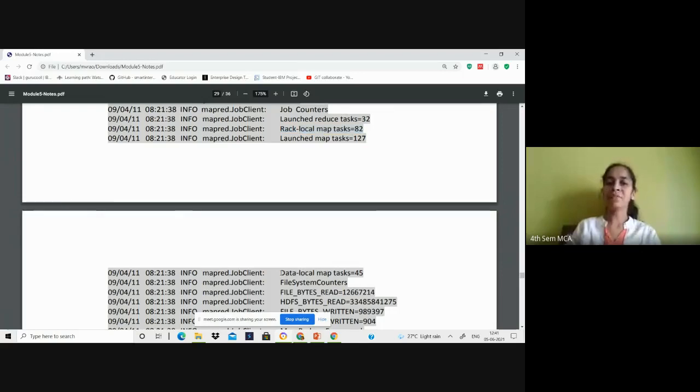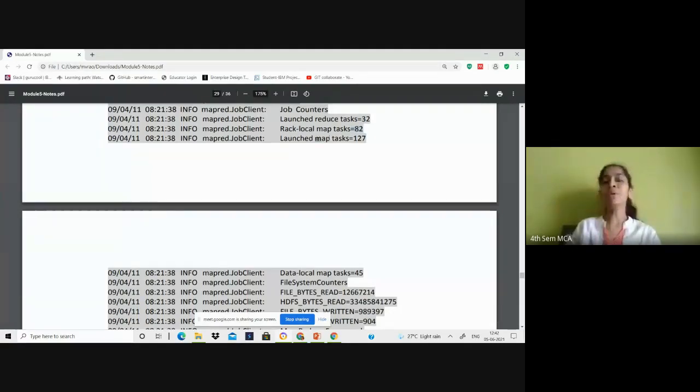But if you have a data node free to execute the map task on which the data resides, then it is called a data local map task. So data local map tasks are 45, and rack local map tasks, which required some transfer of data, are 82 here.